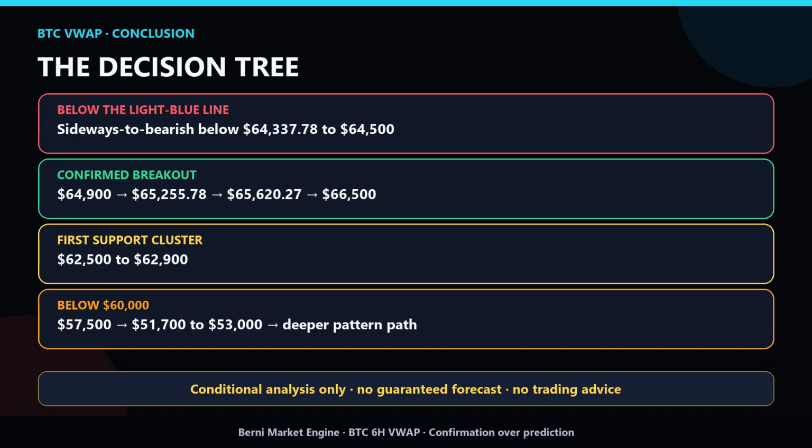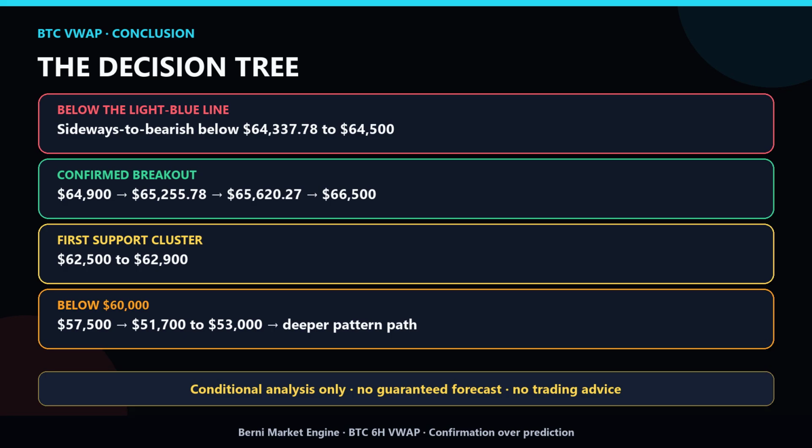In summary, the short-term structure remains sideways to bearish below the light blue barrier from $64,337.78 to $64,500. A confirmed 6-hour break can open $64,900, then $65,255.78, $65,620.27 and $66,500. On the downside, the first stronger support cluster is